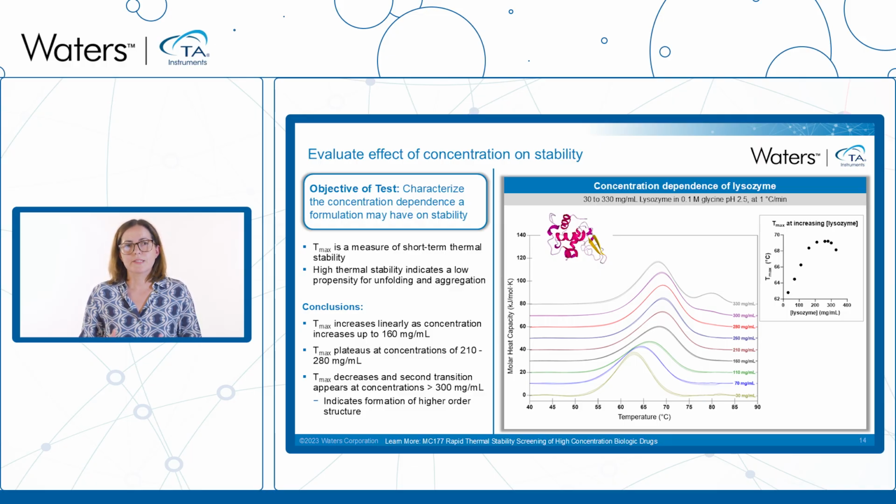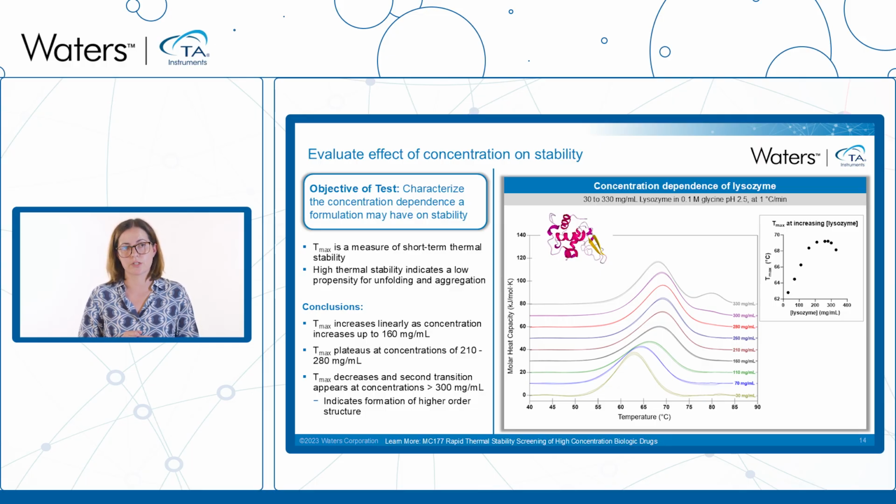Until recently, testing proteins at high concentrations was difficult because the technology did not allow for this. However, with our new RS-DSC, you can test proteins at high concentrations. And this is what we show here in this graph, where we are testing lysozyme at various concentrations. As the concentration of lysozyme increases from 30 to 160 mg per ml, you can see that Tmax shifts to higher temperatures, as can be seen in the inset figure, where we see a linear increase in Tmax as a